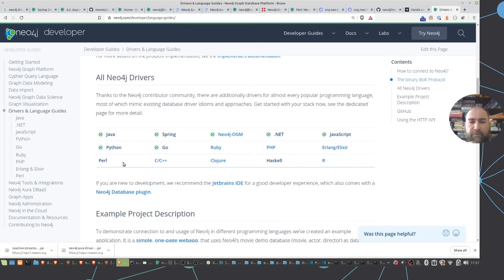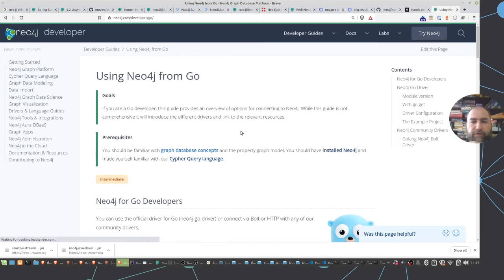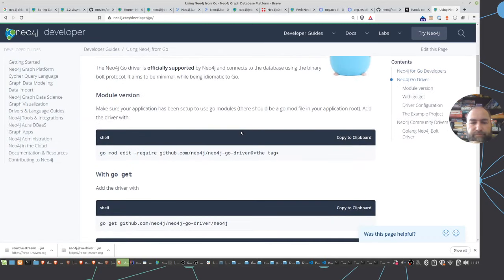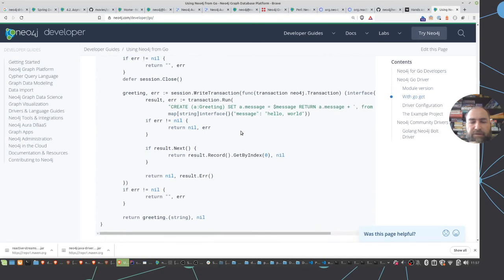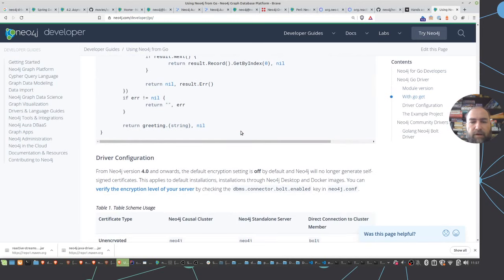The Perl driver, as you already mentioned. There are C++ drivers, Clojure drivers, Haskell drivers, and R drivers as well. And so we have also some engagement around Go. The official driver of Neo4j, the 1.8 driver, got just released a few weeks ago. And then